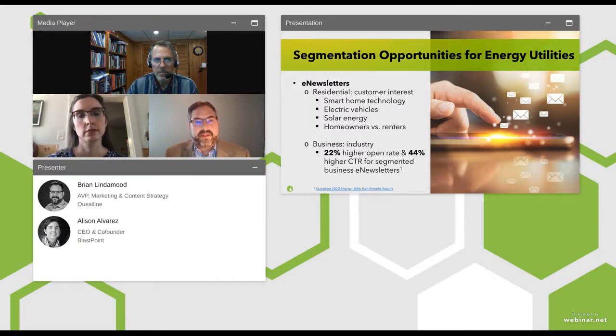You can imagine the value, for example, of a smart home newsletter that speaks to customers who are interested in electrification and energy efficiency. Or electric vehicles. A segment of current EV owners would be a very powerful audience, not just to share information about EV charging or other advice, but also to introduce to those customers in a very targeted way related programs like demand response or time of use billing options.